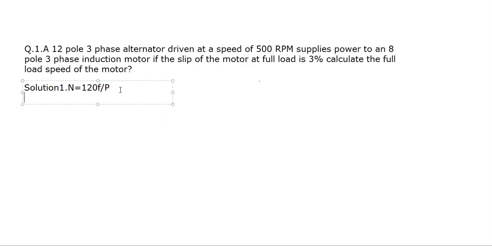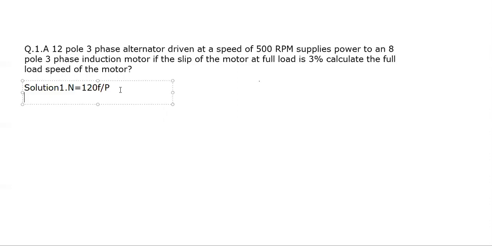Suppose the generator is rotating at N rotations per minute. Therefore, N by 60 rotations per second, we can say. Also, generally one cycle consists of one positive and one negative peak, as you have seen in a sine wave. Now, the number of cycles in one rotation of a generator is decided by the poles, and is given as P by 2. If the poles are 2, then the cycle is 1. If there are 4 poles, then the cycles are 2.